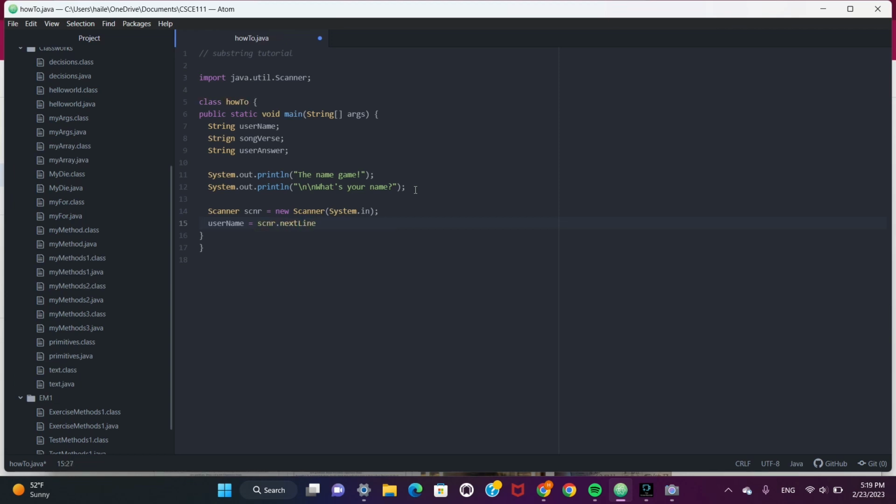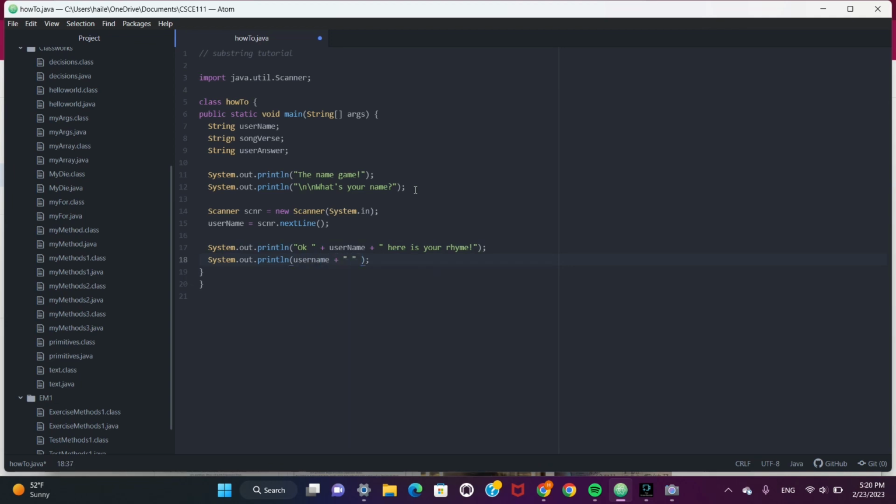All right, and now after this, we're just going to do a series of print lines, but print lines that include our variables. All right, so we have PL for the shortcut, and now we're going to say okay, and then plus username. And here's your rhyme. All right, and now this is where we're going to get familiar with substrings. So we're going to do another print line, and then username